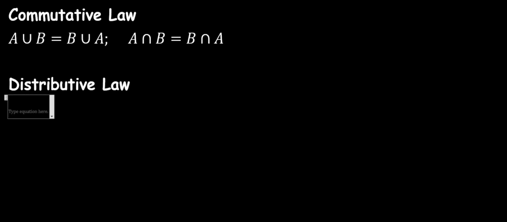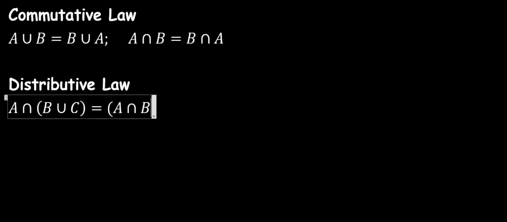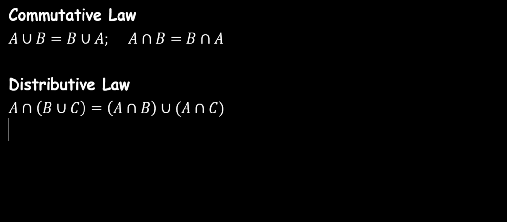Next is the distributive law. A intersection (B union C) is equal to (A intersection B) union (A intersection C). What the distributive law is saying is that you can distribute intersection over union as it is